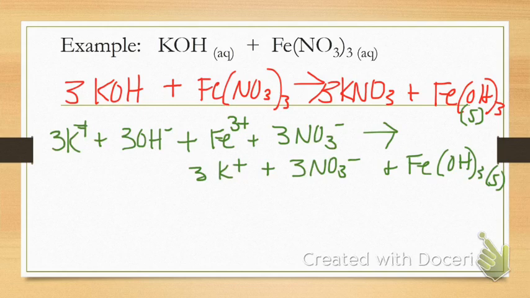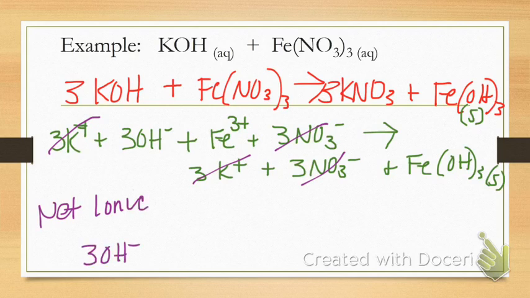Now what appears the same on both sides of the equation? K, 3 nitrates, so that my final net ionic is 3OH minus plus Fe3 plus yields